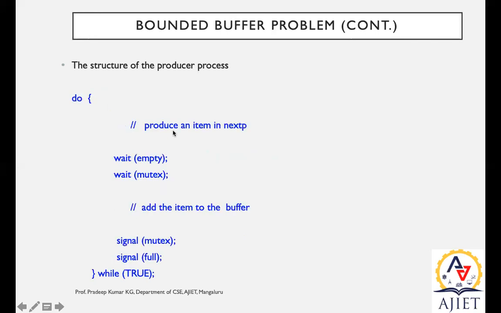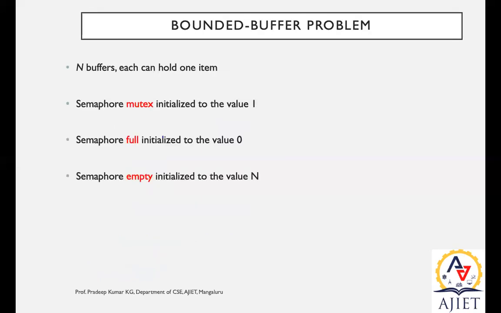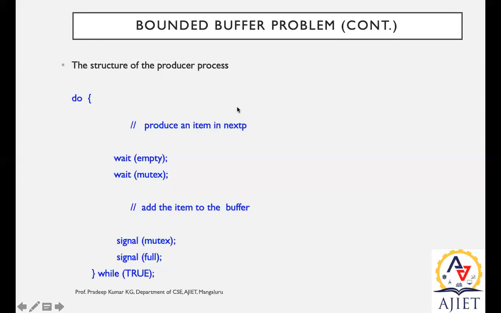So in the previous case, on the producer side, the producer will produce an item. Whenever a process enters the queue, the semaphore's value will be initialized to 1. As we said, initially the semaphore's value is set to 1. Then whenever this value is 1, it is supposed to write into the buffer. Whatever data is already produced is written to the buffer. At that time, a signal will be given saying that nobody else can enter the critical section. That is the producer side.